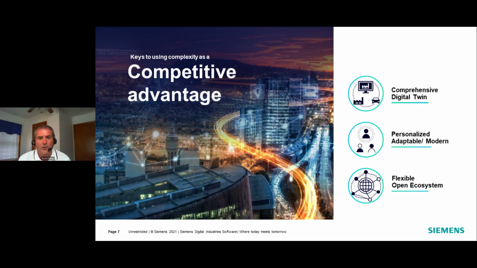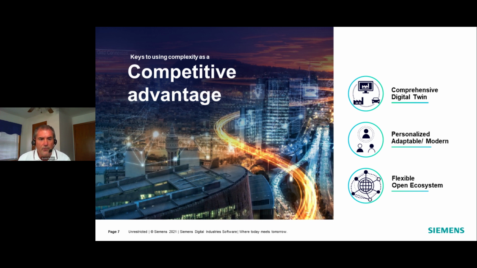Modern, adaptable, and personalized solutions. You must be able to provide people across your organization with the tools that are easy to use and the ability to pull the data and information that they need from many places and present that information to them in a way that is consumable for the task they are trying to complete. Making the data available isn't helpful if it is presented in a complex and confusing way. It must be personalized to the person and the task they are trying to accomplish.